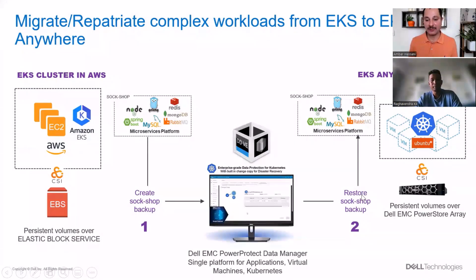But the point of greater importance is what sits in the middle here, right? This is where our data protection solutions actually come into play, where you have a combination of what we call PowerProtect Data Manager, which is an orchestrator of sorts to actually help customers transition Kubernetes resources from A to B. And that A to B could be either this way or this way, doesn't matter. In this case, we are looking at a repatriation or a migration use case. The other use case could be a cloud DR, where you have workloads running on EKS Anywhere, and in eventuality, you want to actually do a cloud DR onto AWS